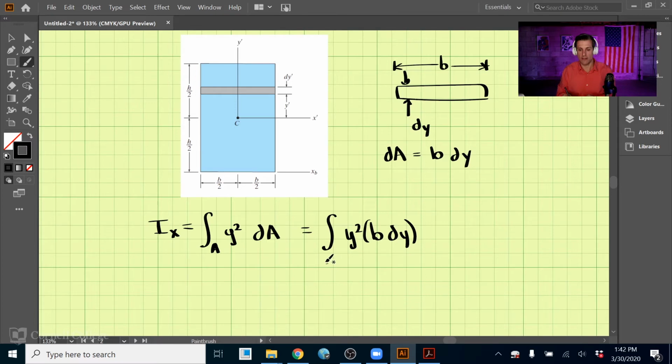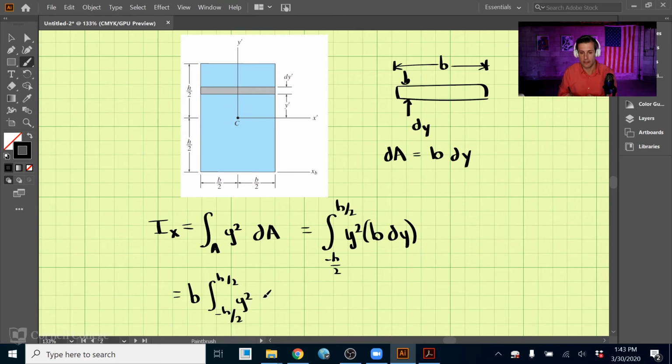Well, we have negative h over 2 to h over 2. All right, so we're integrating from this point down here, which is negative h over 2 in the y direction, all the way up to h over 2. So let's do this integration. So b is a constant here, so we can pull b outside. So we have the integration from negative h over 2 to h over 2,